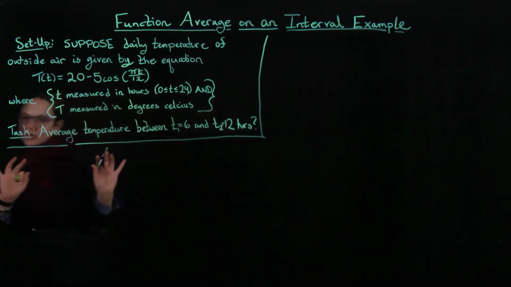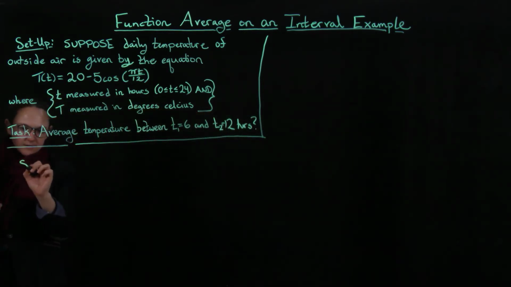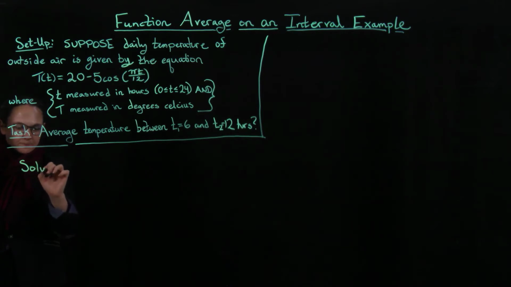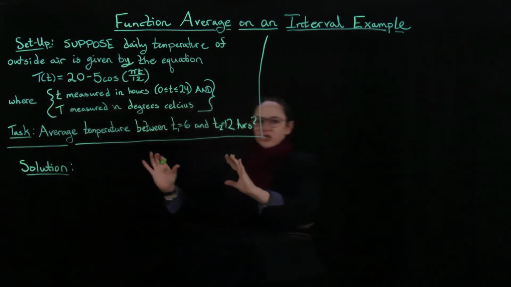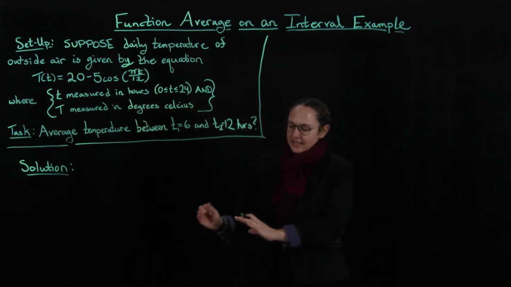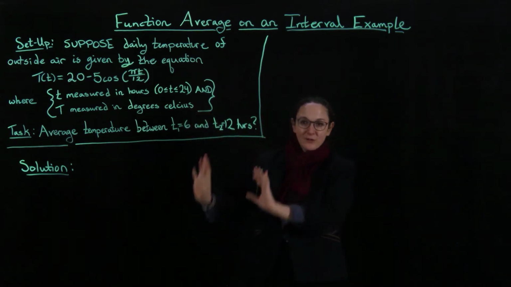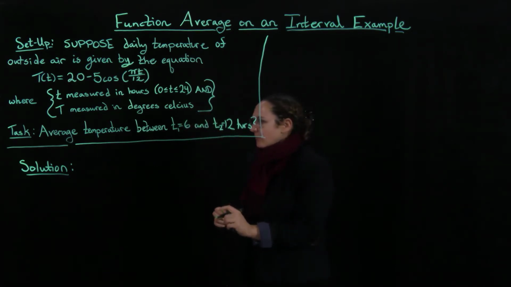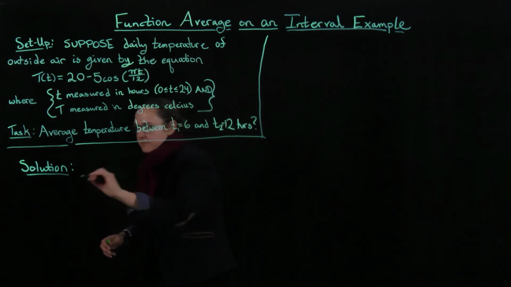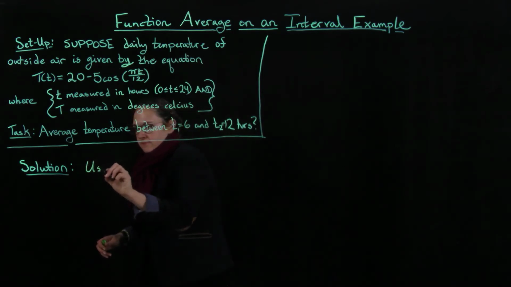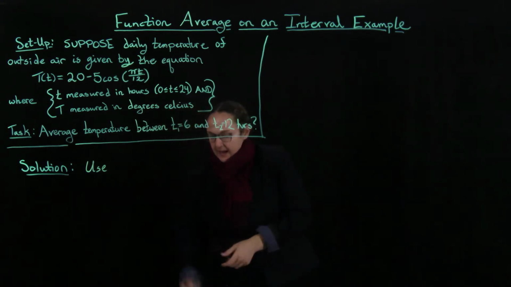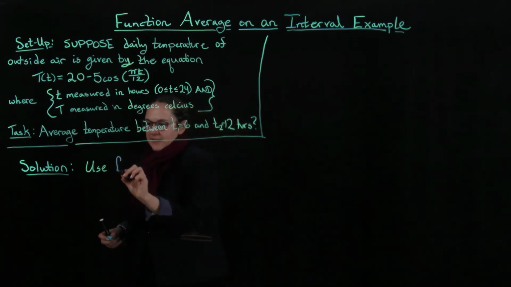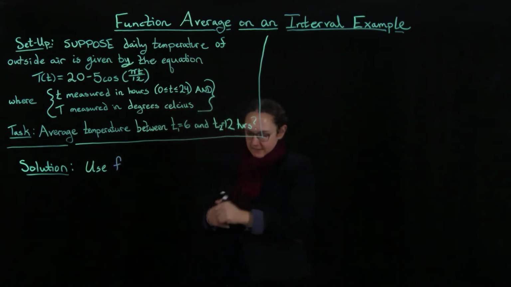I'm going to start with the solution. The first thing to do is to remind ourselves of which formula we're going to use, and then figure out how what we have here fits into that formula. So we want to take this formula that we have. We have f, our function, and if I want to take f average,